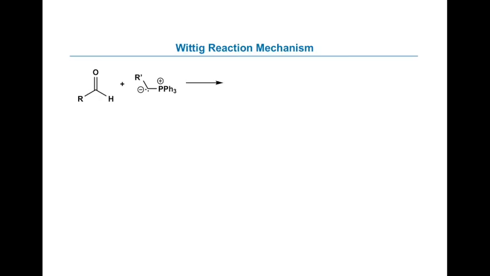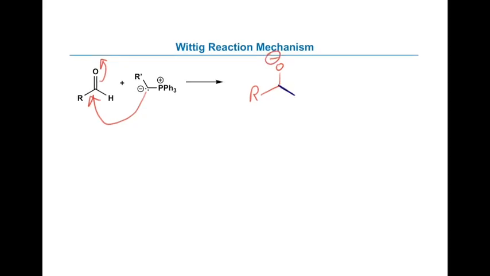We start off with the nucleophilic center attacking this group. So at least from the arrows, not too bad. We've got an R group. I've got an oxygen that picks up the negative charge. I've got a new bond where I'm going to draw the hydrogen over here. And then on the other side, I'm going to have my R prime, my PPh3. That's still positively charged. So I went from an ylide, which is a zwitterion, to this guy, which we would